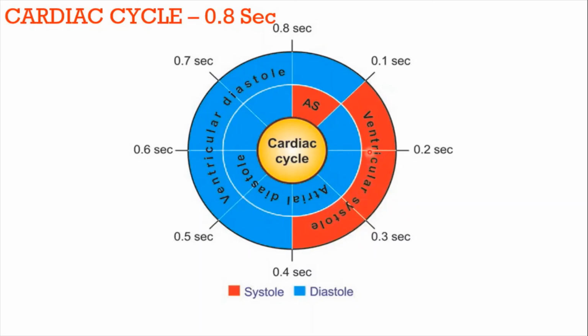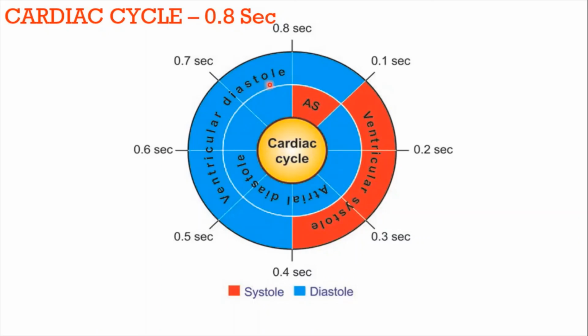You observe an interesting point here. Atria are in diastole stage during ventricular systole. At the time of ventricular contraction, atria enter into a relaxing stage and they start receiving blood through vena cava and pulmonary veins. And ventricles are in diastole stage during atrial systole. When upper chambers are in systole stage, the lower chambers come to diastole stage. When the lower chambers are in systole stage, the upper chambers relax.